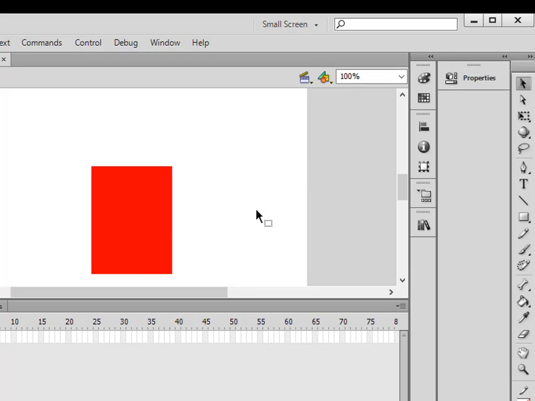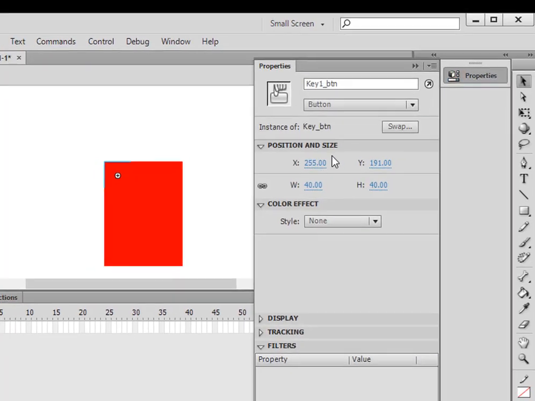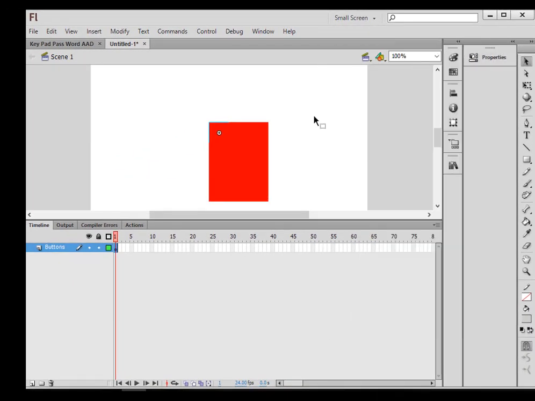Okay, so I have those buttons. You can take this one and delete it if you want, but I'm going to leave it there. Now each of these buttons, if I check one of them, is 40 by 40. So lock that layer, insert a layer,